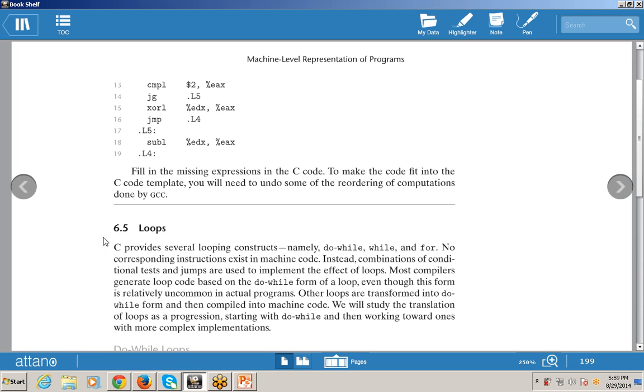Now the next topic is loops. This is a very important topic, but before this, let's take a 5 to 10 minute break and then come back to discuss topic number 5 or 6.5, that is looping. Looping is the same concept which I told you in last Friday's class in the overview of programming, but this is an important topic. So I will take it after the break. Let's take a 5 to 10 minute break.